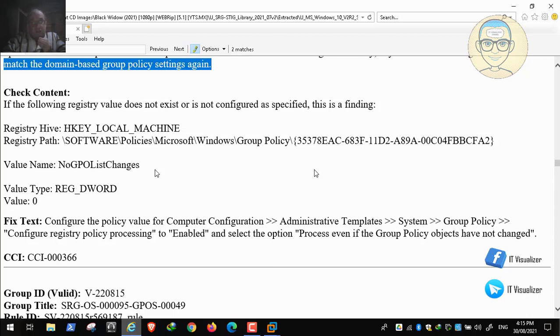So you need to be very careful to use this option to process your group policy objects even if they have not changed. We all know that a group policy will be implemented if you make a change in it, so this will alter the group policy to be implemented again. But if this is not the case, the group policy will not be applied. So we need to have this option to make the group policy be reapplied every interval of time. So this can